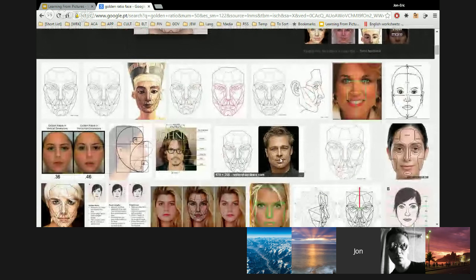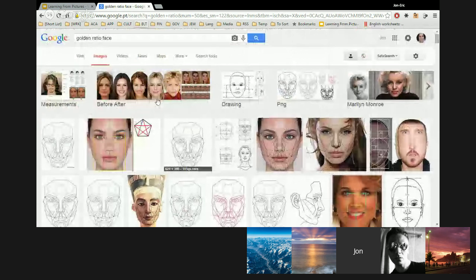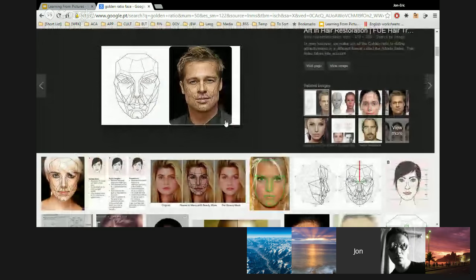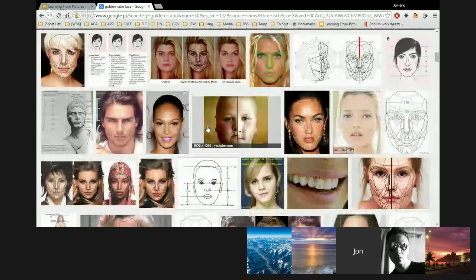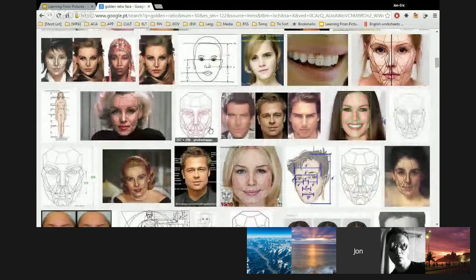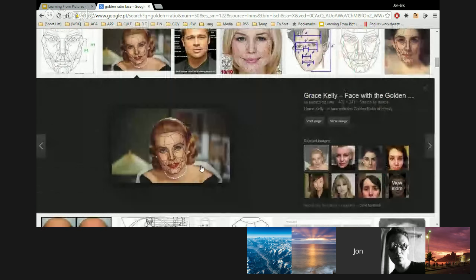Oh, look, there's Brad Pitt. Oh, how beautiful. Although his lips are a little too big, and his chin is a little too big too. Gotta get a chin job. I think they are using this for video games as well, like FIFA or PlayStation games, using this technique. Could be, yeah. It's pretty common. Look, here's Grace Kelly.